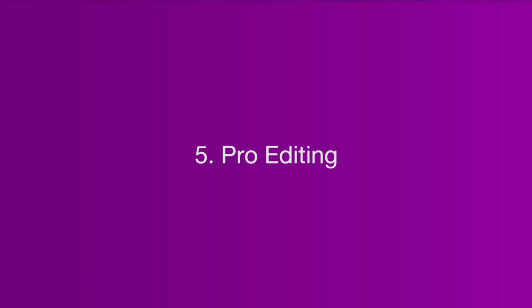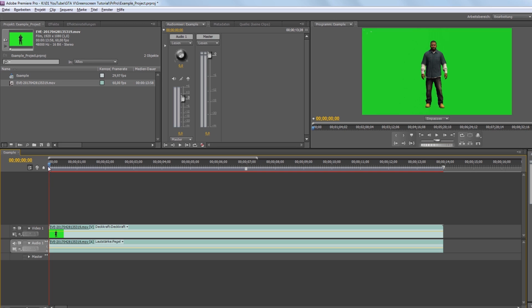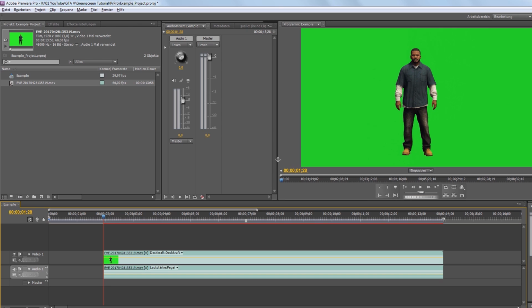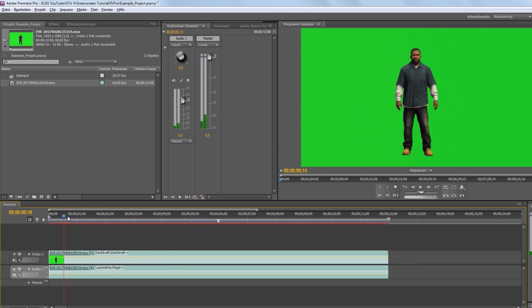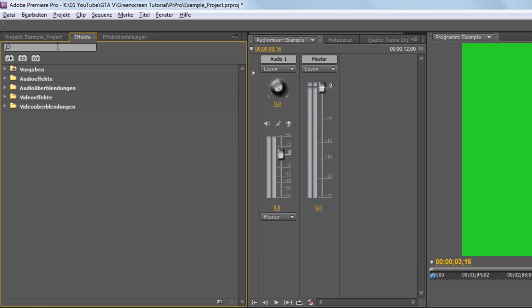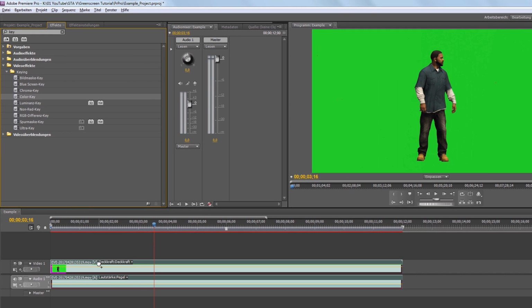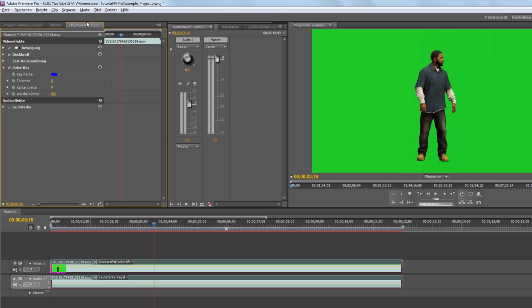Step 5. Once your green screen footage is exported, you must import it into your editing software. I'm using an older version of Premiere Pro here. For more complex animations you can also use the footage with After Effects, but that would go too far to explain in this video. Put the clip into your timeline and then go to the effects panel. Type key in the search bar and you should find the color key. Drag and drop this effect onto your clip and then access the settings for this clip. You will see that you don't see anything. What? Don't worry, click the little eyedropper or pipette icon and select the green screen in the preview window.